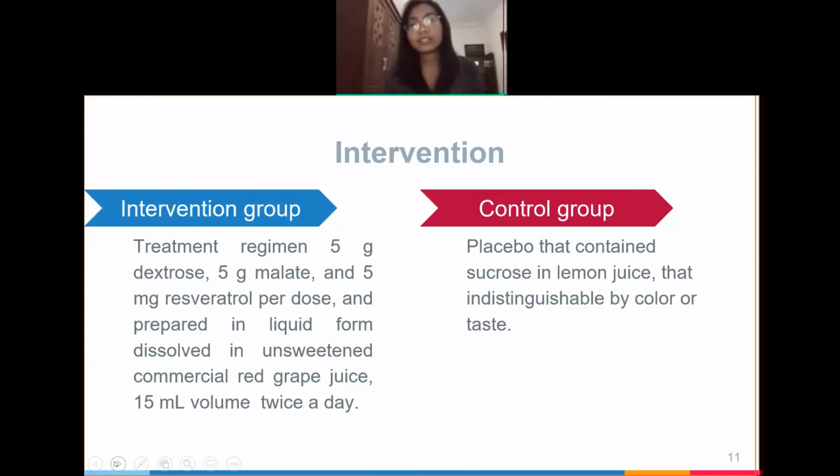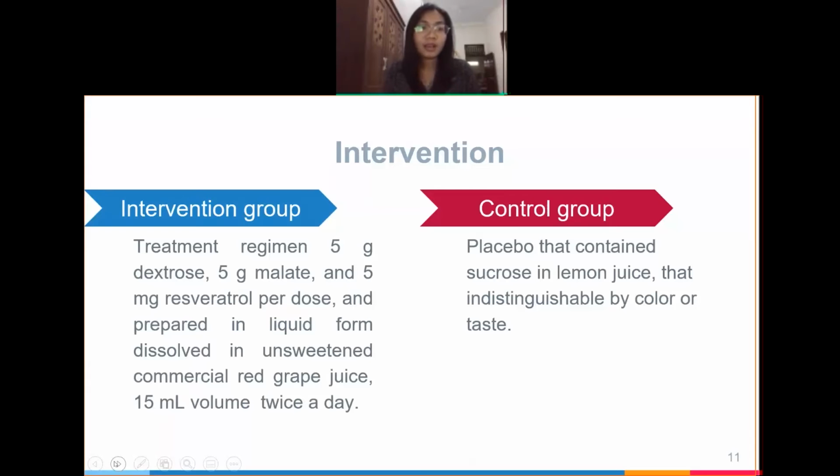Okay, so for the intervention, there were two groups in the study. The first one is the intervention group, and the second one is the control. The treatment given to the intervention group is a regimen consisting of 5 gram dextrose, 5 gram malate, and 5 gram resveratrol per dose, prepared in liquid form, dissolved in unsweetened commercial grape juice, 15 milliliter volume